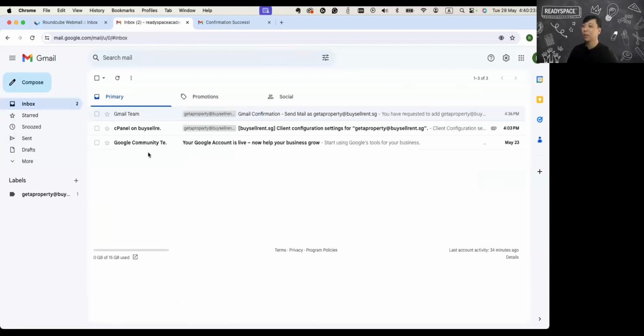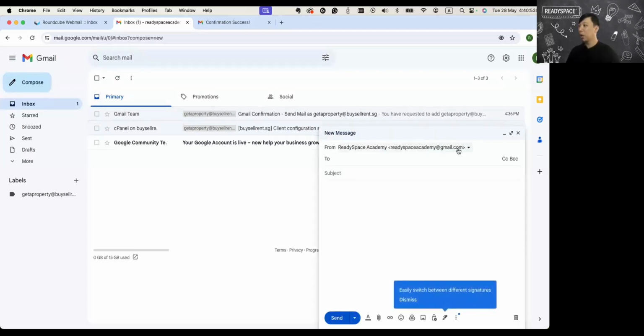Go to inbox. Now, what will happen if you want to send an email? Same thing, go to compose. Over on the top, now you have two options. When you send an email, you can either choose to send from buysellrent.sg or by Gmail directly. So now if I want to send an email from buysellrent, I will then use this case to send an email. And now I want to send to contact